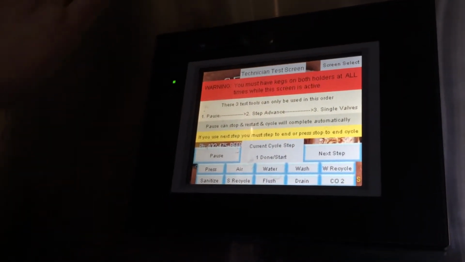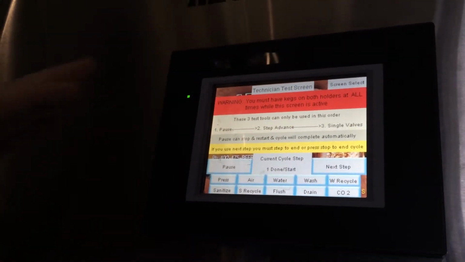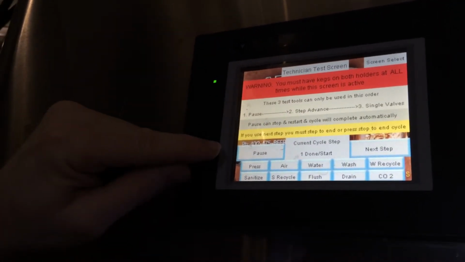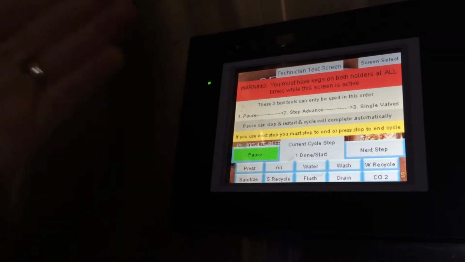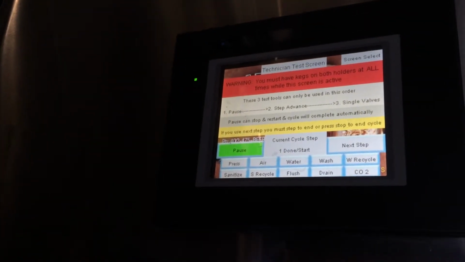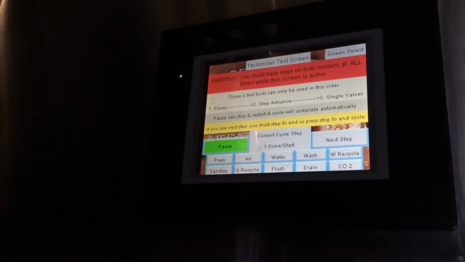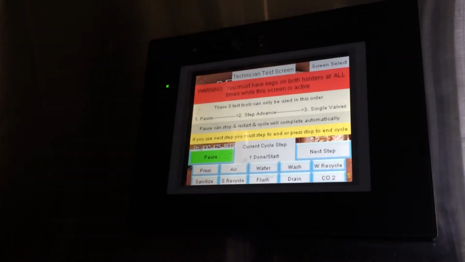This is a screen that's mainly used for testing, troubleshooting if you have any issues. But there is one button on here that's kind of useful, and that's a pause button. You can pause the program anywhere in the cycle if you want to. So if you have some kegs that you think are exceptionally dirty and you want to just leave it washing